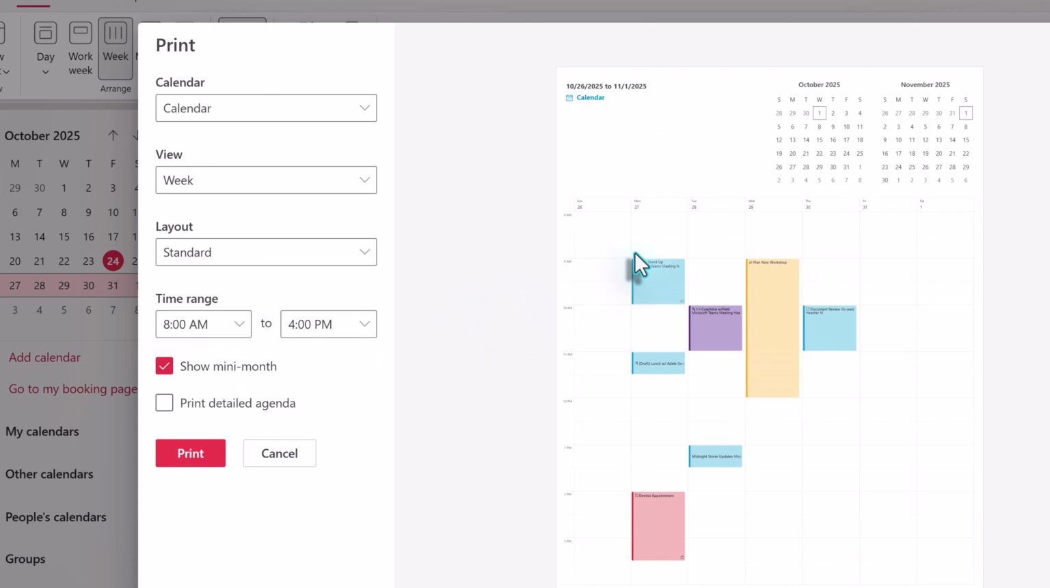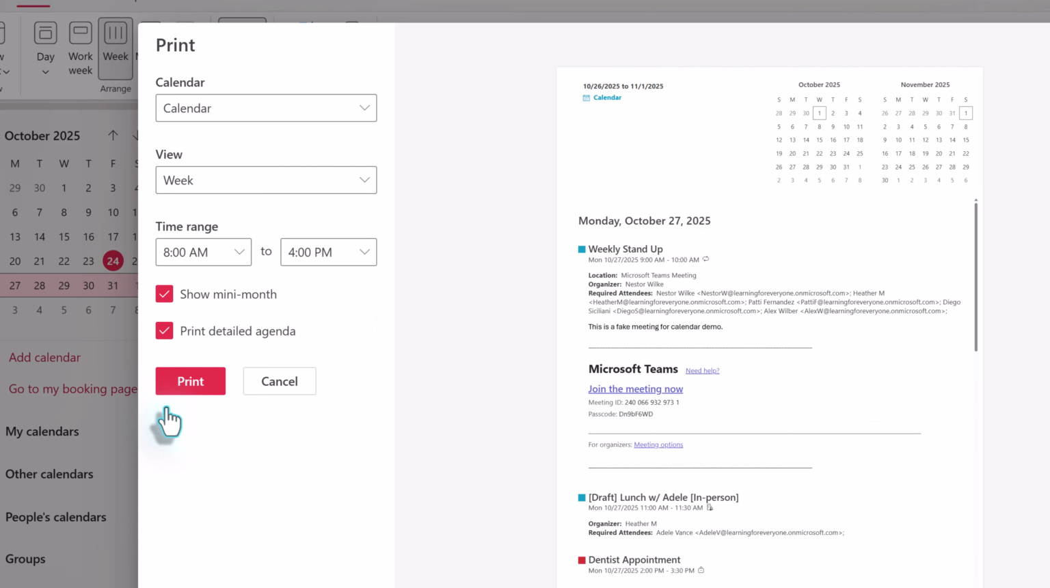Selecting Show Many Month will add 2 calendar boxes at the top for the current month and the next month. Selecting Print Detailed Agenda will show all of the information from the calendar invite. It will ignore any layouts that you may have selected, and it's formatted like a standard document with different headers